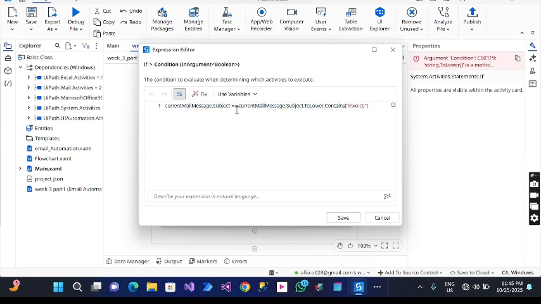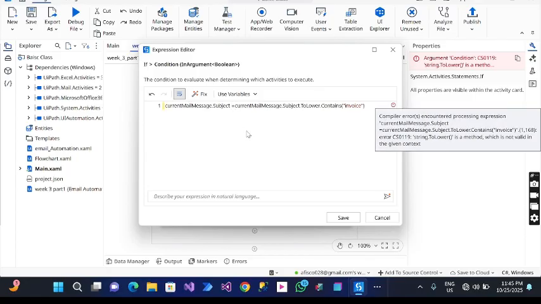The expression is going to be, no, sorry, I wanted to check for null. Okay, let's check if it's empty. If it's not equals to null,